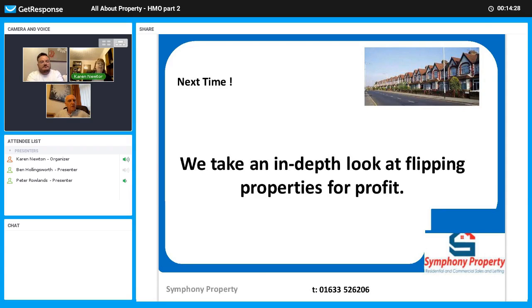Sorry, what I was going to say is, I know it's what the agents look after, but when you're doing an HMO, bonds, how often do you take bonds on every room? Or,